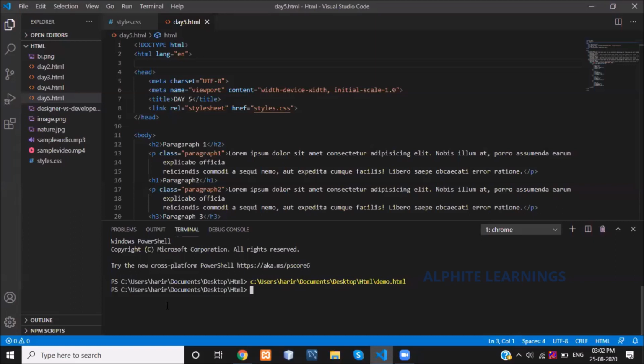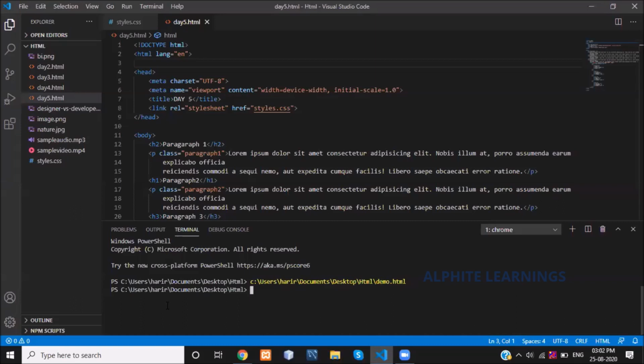The next thing we have seen is how to create a CSS file and what the file extension is for creating a CSS file. It is file name dot css. Then I created a separate CSS file. What is next? I want to link the CSS file with my current working HTML document, right?